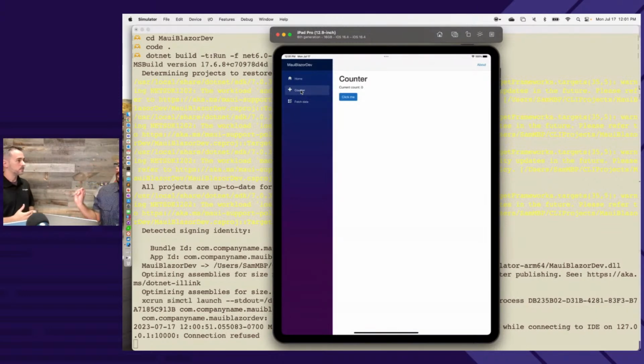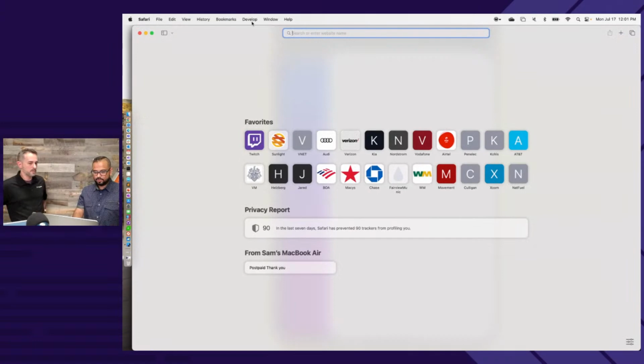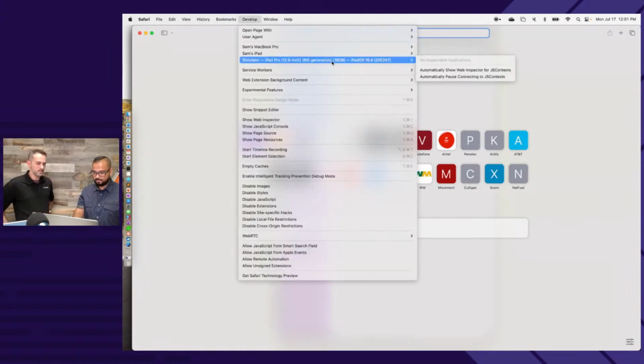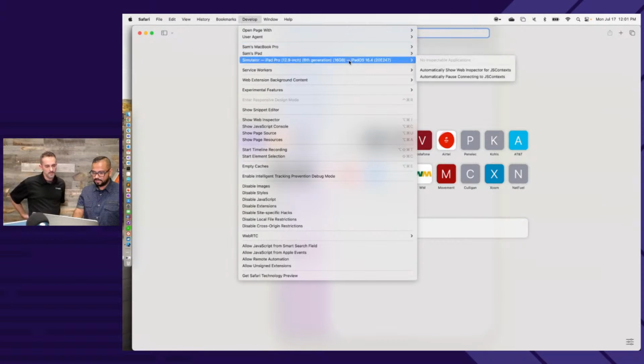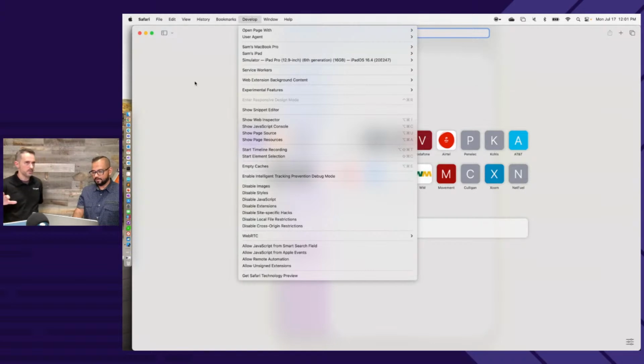Well, you said sandbox, but it's not the web sandbox. Like it's not a web app anymore. There's security around. Sure. But it's an HTML canvas on which you're rendering this. So now with this app running and with that Blazor developer tools, I can now go into Safari, and now I see my iPad Pro, and for some reason, I still don't see my app. So on Edge, you would type in Edge inspect in the browser and it'd come up.